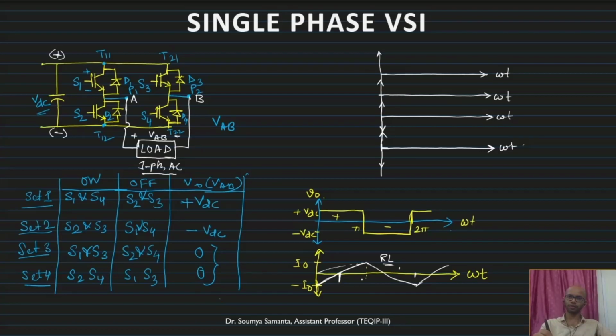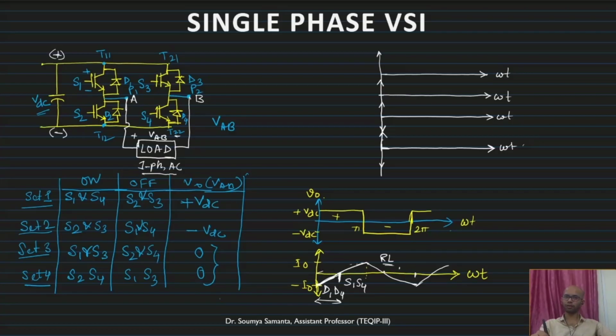So here this is the negative. So what is the diode conduction? For the flow of the negative current, there is a requirement of the diode conduction. In this part, D1 and D4 will conduct for the negative current conduction, and in this case S1 and S4 are turned on, but the negative current will flow through D1 and D4 up to this duration, and then it will flow through S1 and S4.